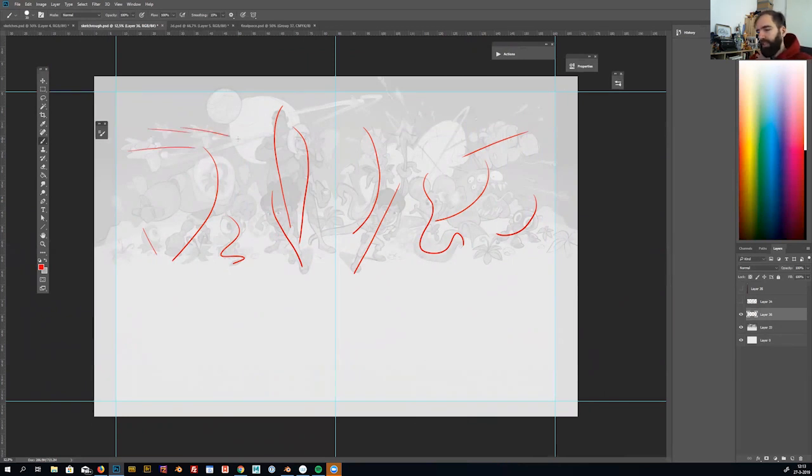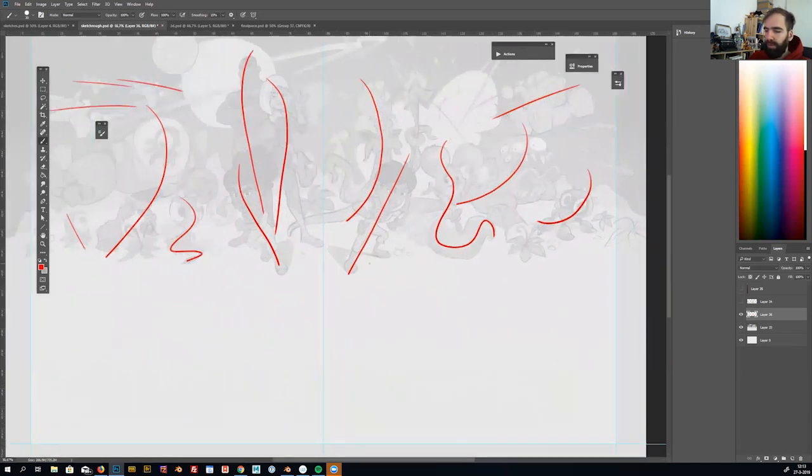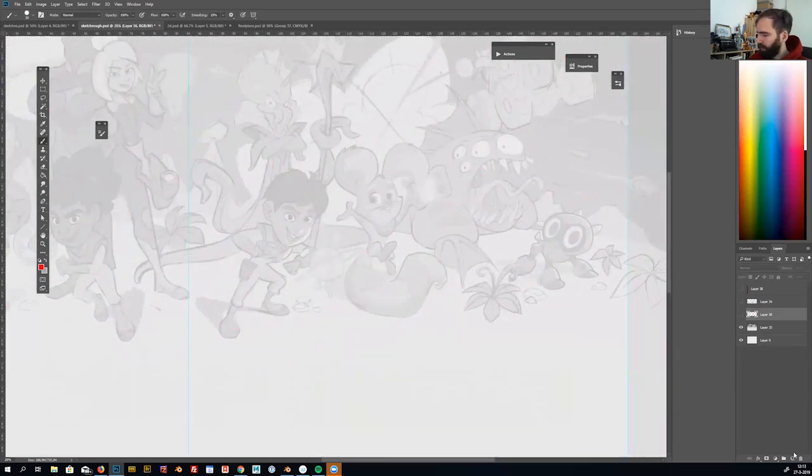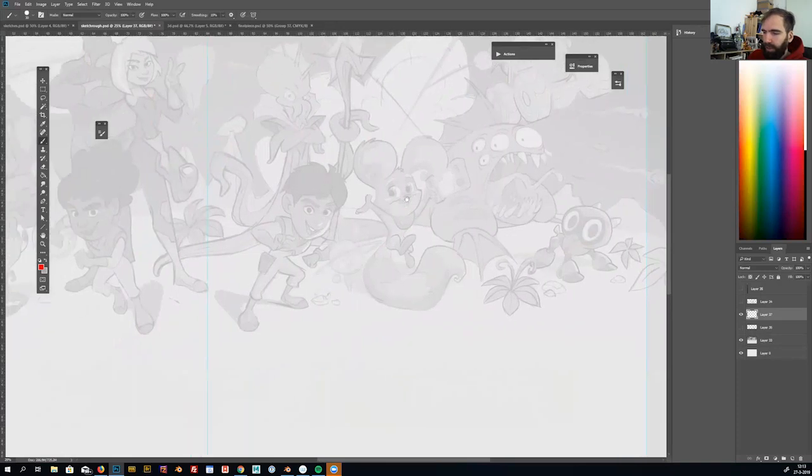And a line of action makes sure that your character is full of life and has a dynamic pose and so on. Let's take this character because it has the most dynamic action line. So here you can see this S shape. This character is presenting itself, it has its arms wide, so it goes a bit like this. So when you have this action line,